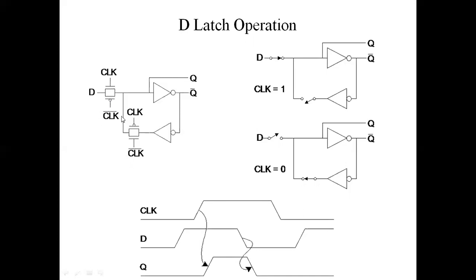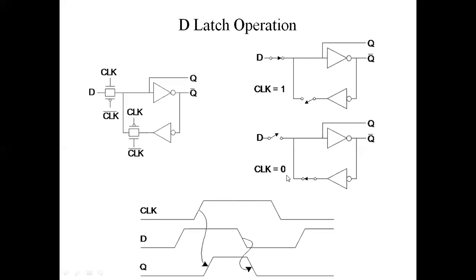This is the clock bar, means when the clock equals 1, this is 0. So gate control for the PMOS is 0. Again the PMOS conducts. So both the transistors are on and this switch acts as a closed switch. So here this is the closed switch present here, and this is connected to the inverter. Here we are getting Q bar and output equals D, means output is connected to the D through this on switch, that is the transmission gate. So when your clock equals 1, your Q is following the D as it is.